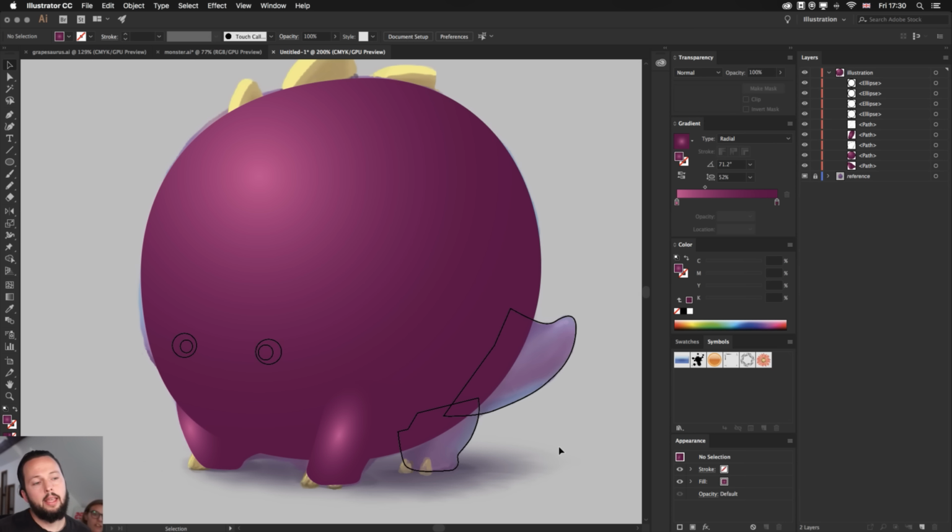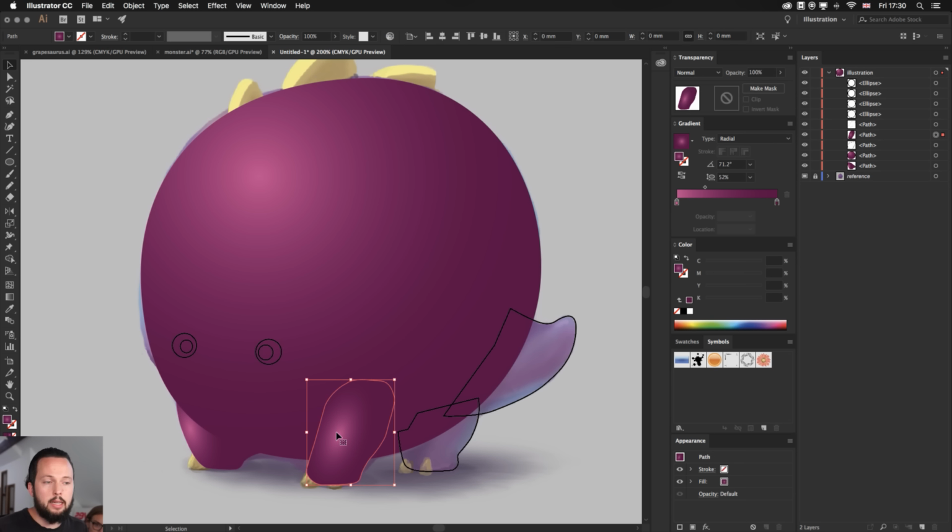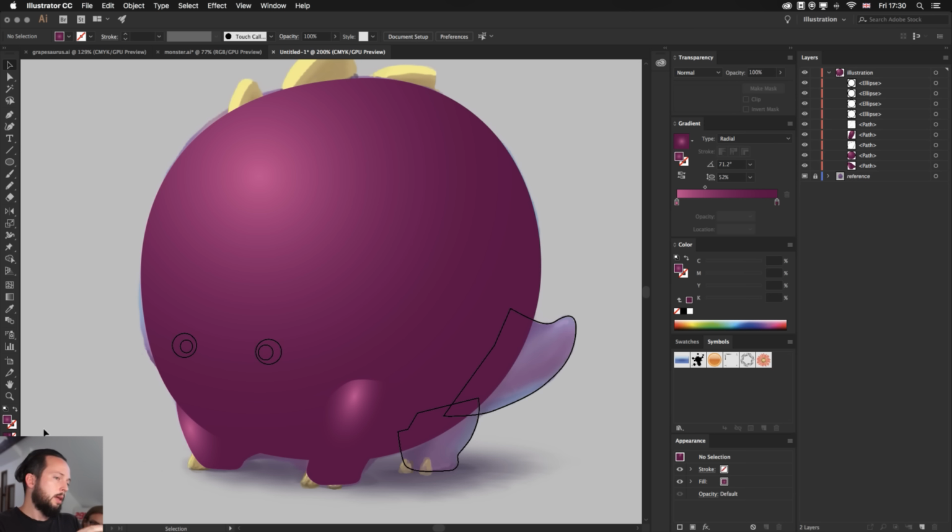Now, because I'm using this gradient, it already feels like we have the leg nicely blending into the other object because it's exactly the same gradient. But of course, depending on how the gradient is set up, if I move it further up, then it's going to feel like there is a sharp edge there, or we can keep it soft like this. So it's quite cool when we work with gradients that, again, you have so many possibilities in how you use it.